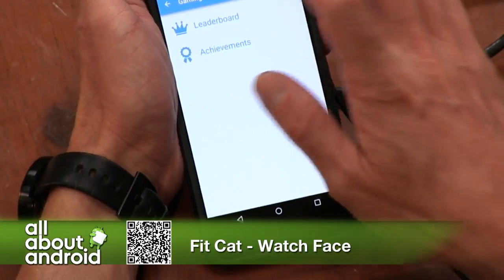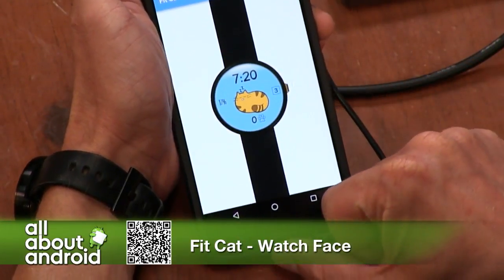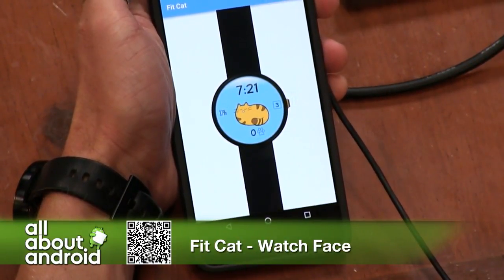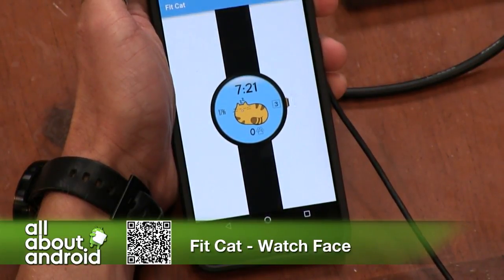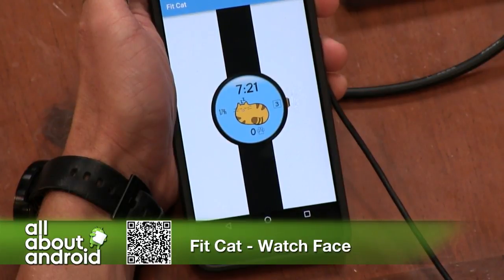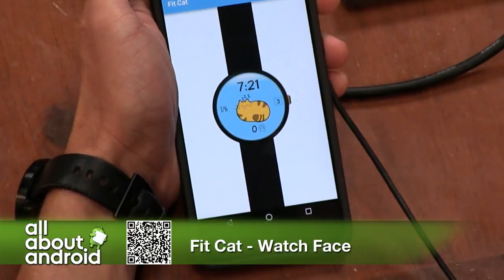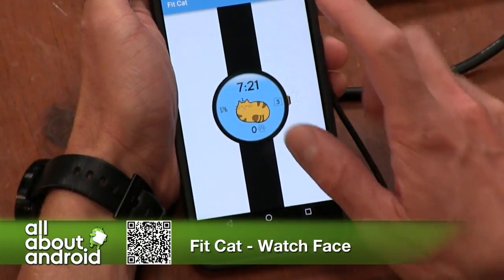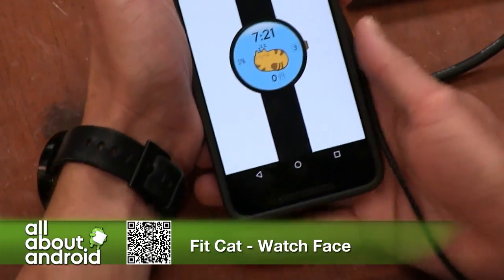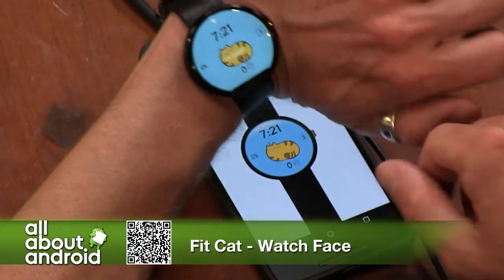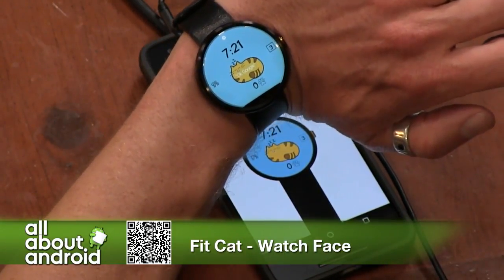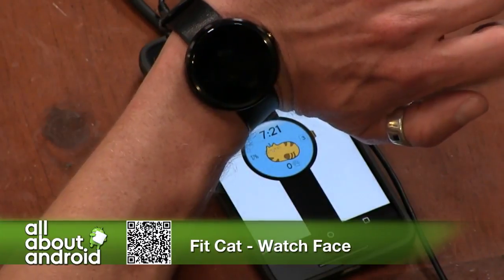So the cool part about this is that the developer Chuki Chan partnered up with Virginia Poltrak, who does some of the most beautiful illustrations for Android and has some other watch faces. So the little cat and the animations are just super, super cute. It's a fun way to get active. You can have it on your watch, so you can check your step count and see it animate, which the fun part about this is my daughter loves seeing it. It's like, what is the cat doing now, mama?